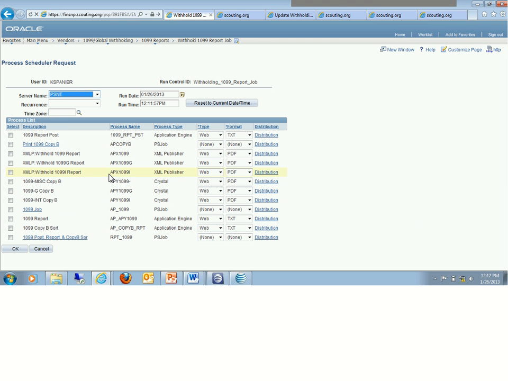You can run these processes individually if you wanted to. However, you have to run some of these in a certain order, and we felt it'd be a little confusing at this point to put that burden on you when we have a way of just running all these processes by selecting one process called 1099 job, and that'll go ahead and run all these processes